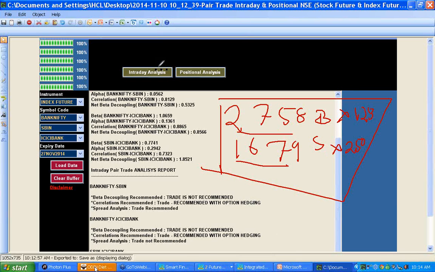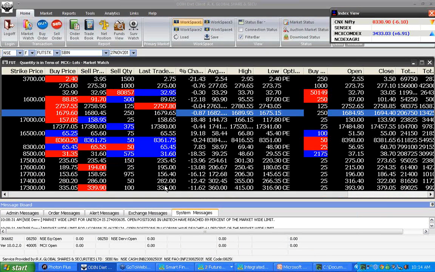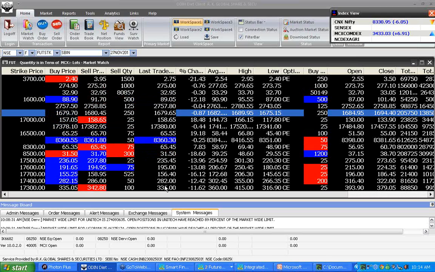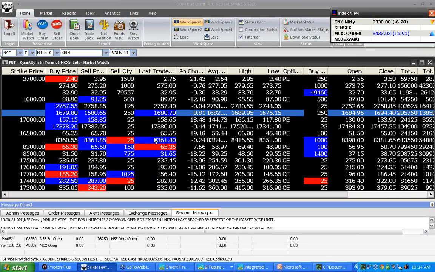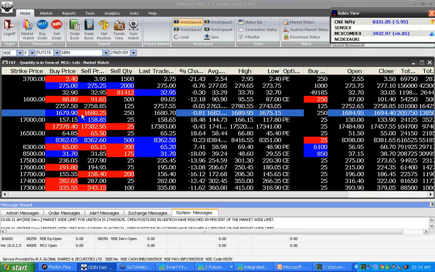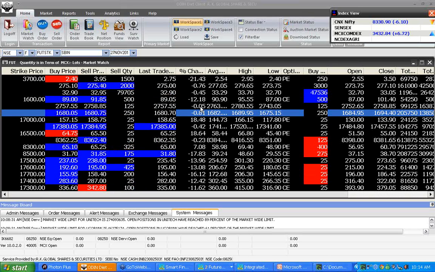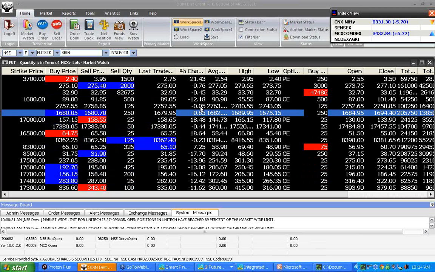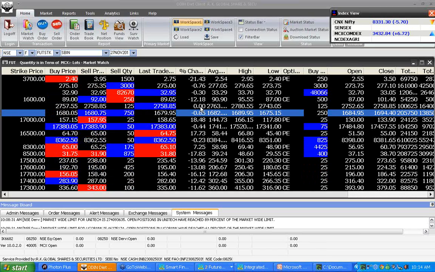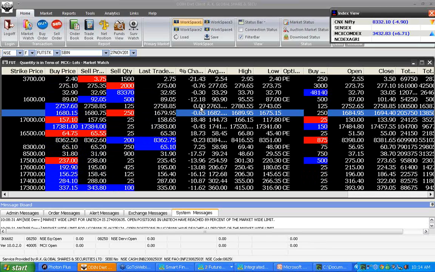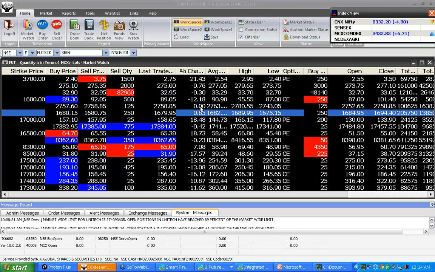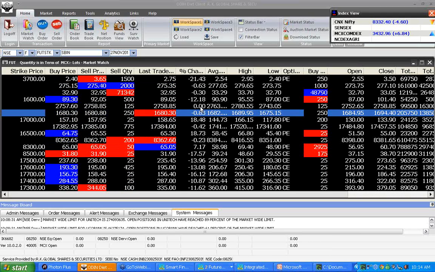So what many of the people who follow the pair trade used to do is simply watch that ICICI Bank is 0.81% down and this one is 0.5% down, so ICICI has fallen more, so buy it and sell the other. That is one of the wrong trades many traders used to do.